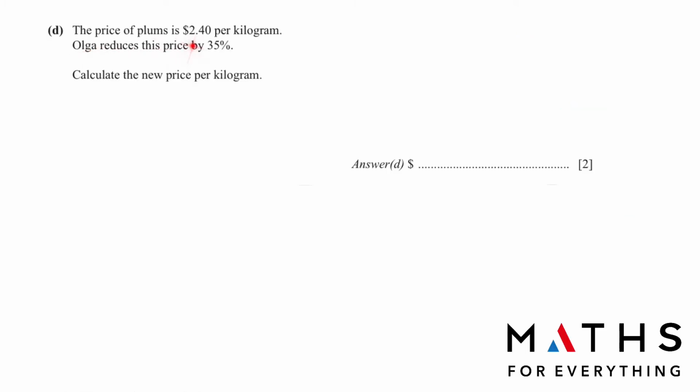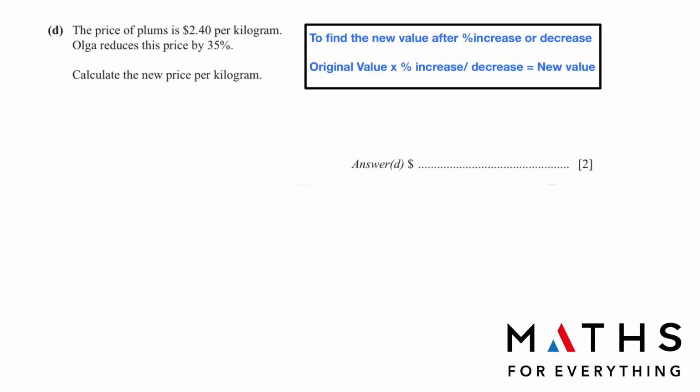The price of plums is $2.40 per kilogram. Olga reduces this price by 35%. Calculate the new price per kilogram. Now for this question, we can use one formula. To find the new value, we multiply our original value, which is 2.40, by the increase or decrease in percentage. So 2.4,